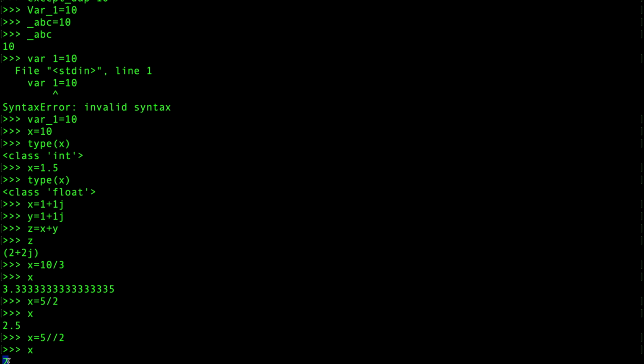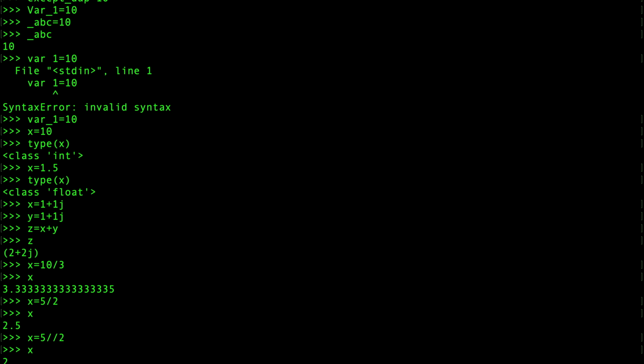Now if you see, the type of this value is integer. Now maybe I want to get a different type. Because these two numbers were integers, the return type is also an integer, the response of the division value. But suppose one of them was a floating point number, say x